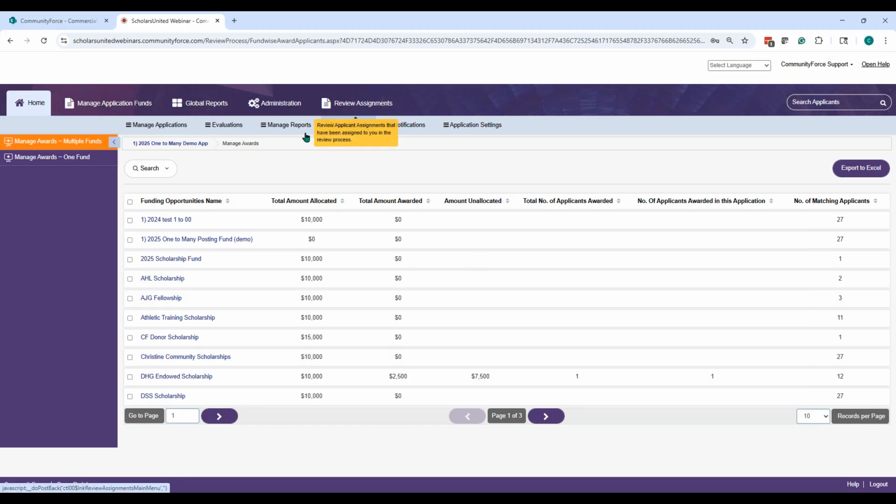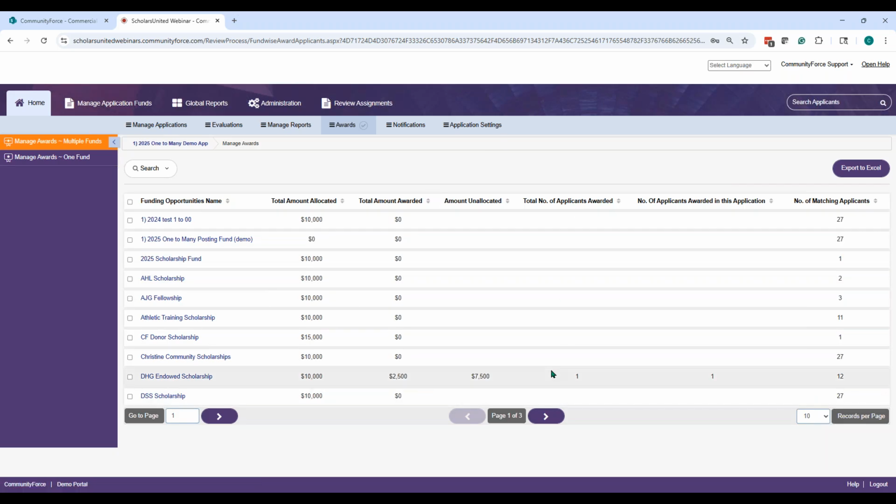Because when you come here, when it says total amount allocated, this is looking at the entire academic period, that financial period, and saying, okay, this is what you've got allocated. Maybe you've already awarded, maybe you're in your second cycle, you can see, okay, in my first cycle, I have awarded, maybe in this one, I already did it, 2,500 in the last cycle, and now I have 7,500. So this is the entire academic award period for this specific academic period.